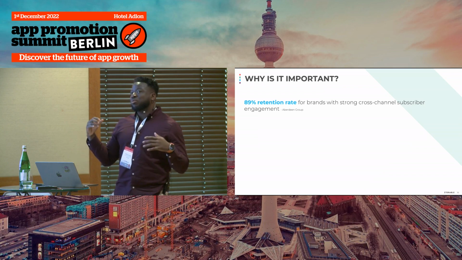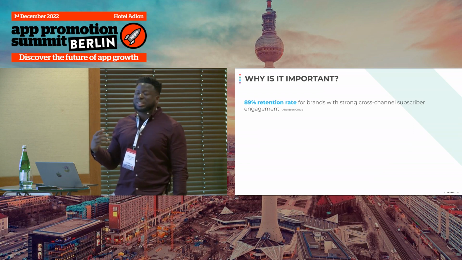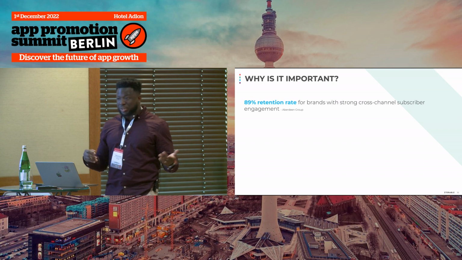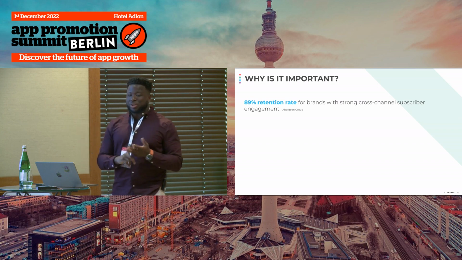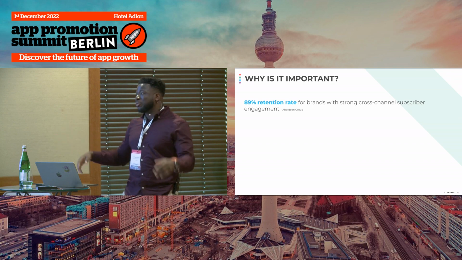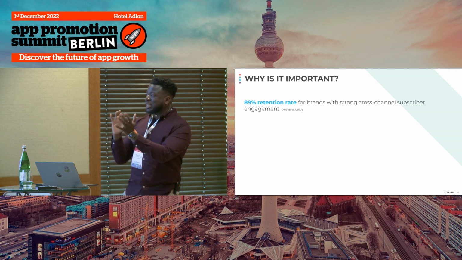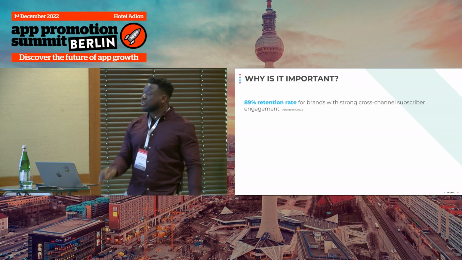Again, being able to drive really effective cross-channel campaigns isn't just about being able to say, hey, we do mobile push, we do email, we do in-app, we do mobile inbox, we do direct mail for some of the people still doing that. It's being able to really turn that back and look at the effectiveness of having that cross-channel campaign.